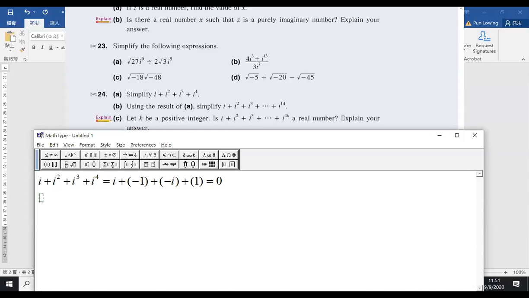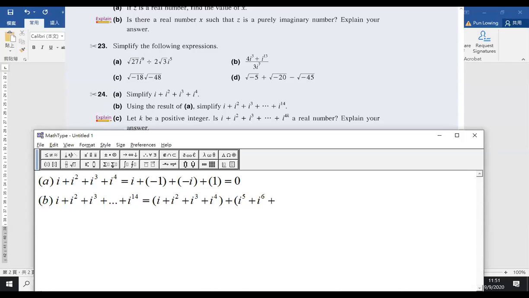And then part B. This is part A, this is part B. i plus i squared plus i cubed plus up to i^14 is equal to i plus i squared plus i cubed plus i^4, and then plus i^5, i^6, i^7, i^8, and then 9, 10, 11, 12, 13,